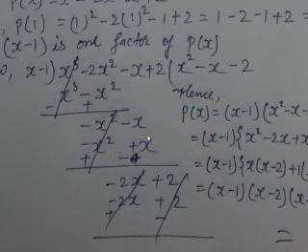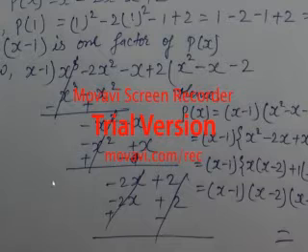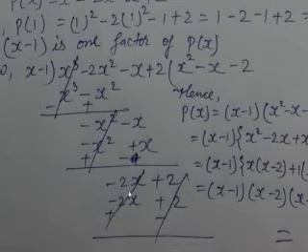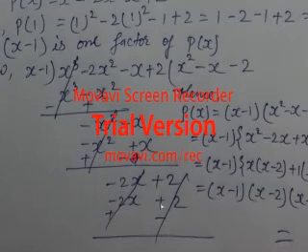So it becomes x into minus x square, and then x into minus 1 becomes minus x. What happens, this minus x square and plus x square get cancelled. When the sign changes, the below number's sign becomes opposite, and this becomes minus. So you can see minus x and minus x will become minus 2x. When two same signs are there, they are added and the sign remains the same. Now this plus 2 will come down, and x minus 1 will be multiplied with minus 2, so it becomes minus 2 into x, minus 2x, and minus minus is plus 2.